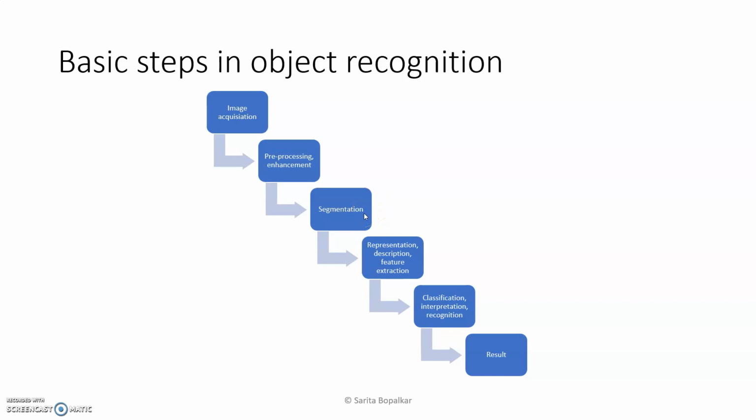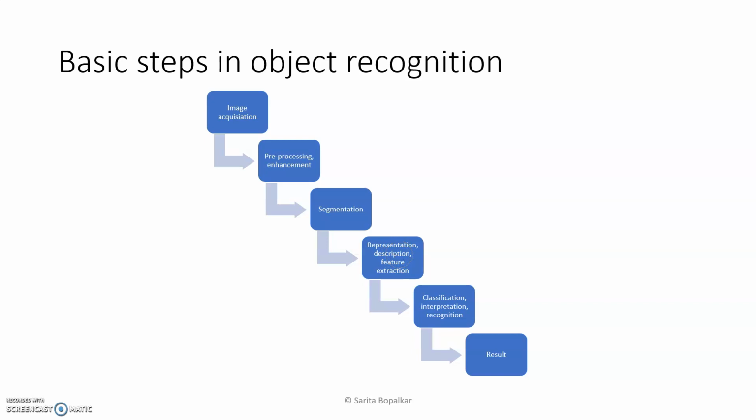After segmentation, generally we do a morphological operation to regularize the image. This means some different objects may get connected by a line due to noise, or on an object there are some noisy pixels. To remove that and regularize the image, we do a morphological operation. And the fourth step, which we are discussing in this video, is representation and description.